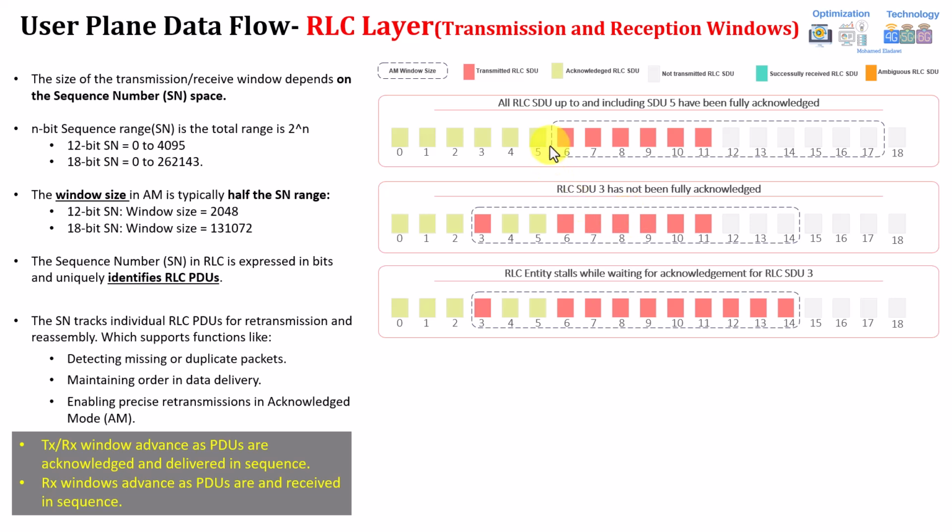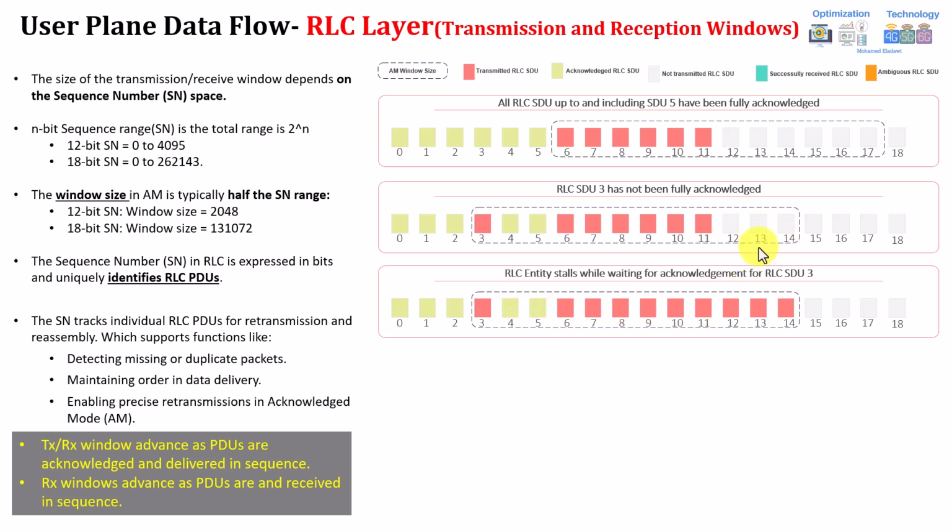The second example is similar to this one, but you can see sequence number 3 was not yet acknowledged by the receiver, so he didn't move his window to the right. Here it starts only from 3, which was transmitted, even though sequence numbers 4 and 5 are acknowledged, he cannot move it to 6 because 3 is not yet acknowledged. So we have to wait until the retransmission is complete and he receives the acknowledgement for sequence number 3 from the receiver. In this case, we still have 3 free slots that can be used to transmit new RLC, so still we don't have a problem.